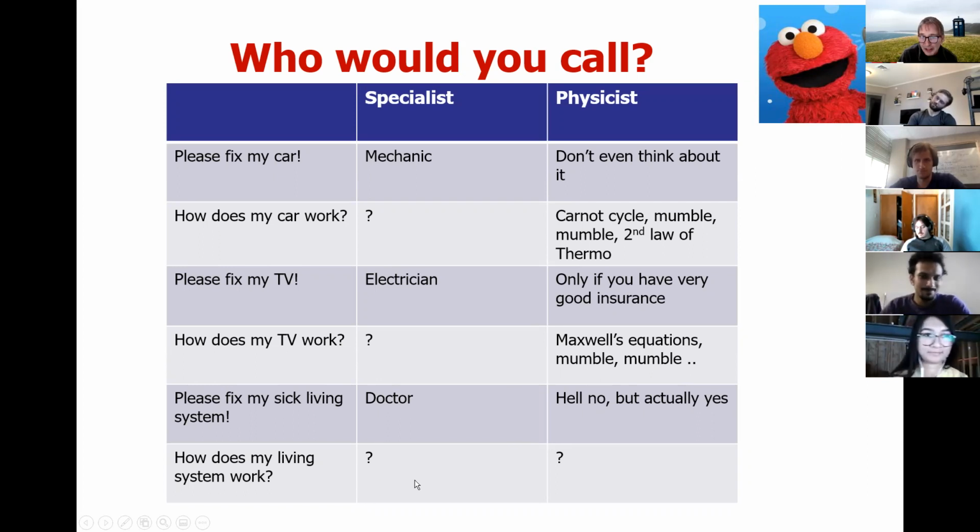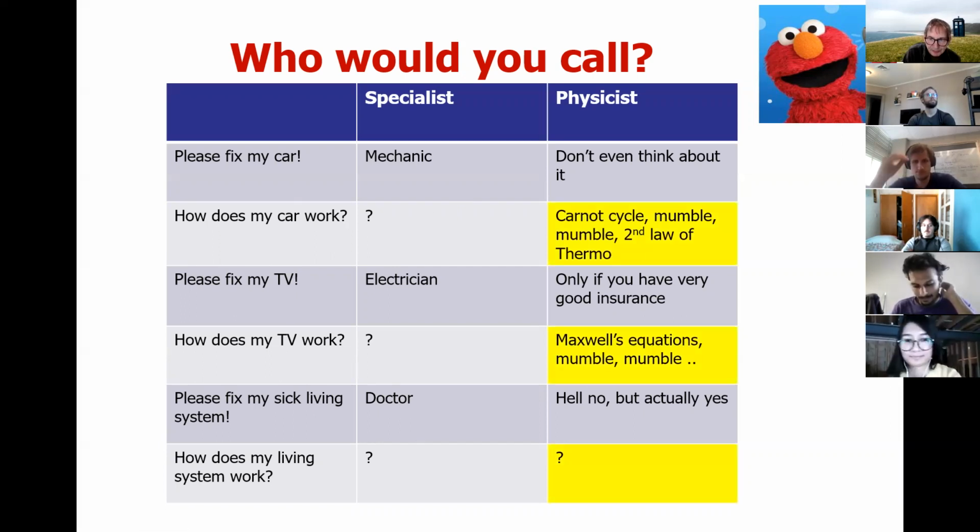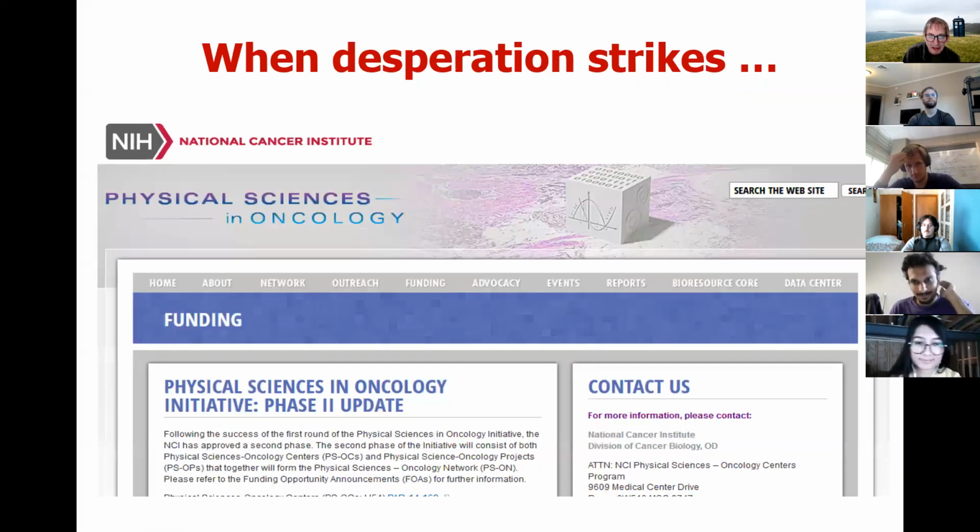If you ask, how does my living system work? The specialist will say, I can tell you about the parts and how they fit together, but really, do we understand it? At some level we do, at some level we don't. Does a physicist know the answer to that? Well, at some level we know a little bit, at some level we don't. We know a few more tools. So this is just to show you that there are some questions that you can't really address as a physicist. I just put this slide in to make the point that you might ask a physicist about living systems